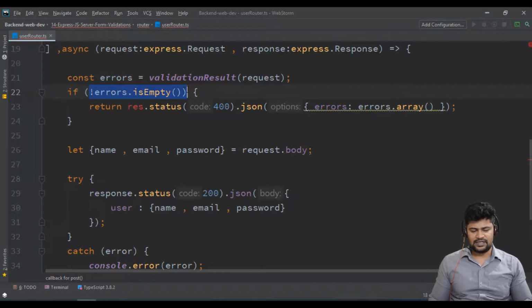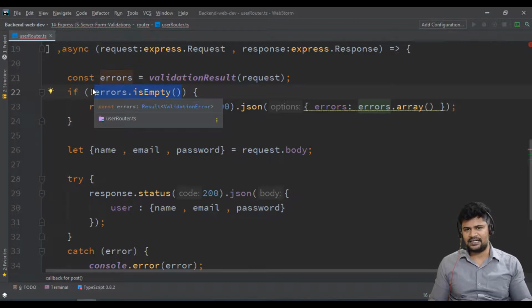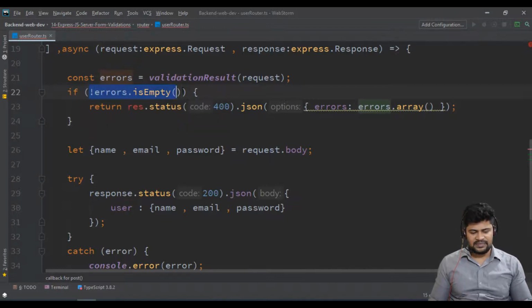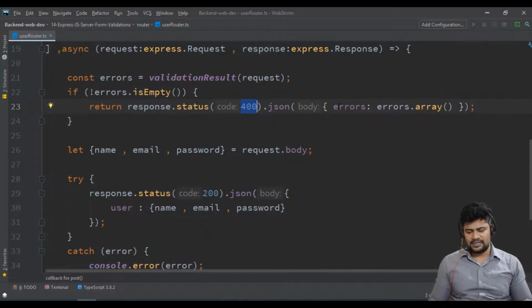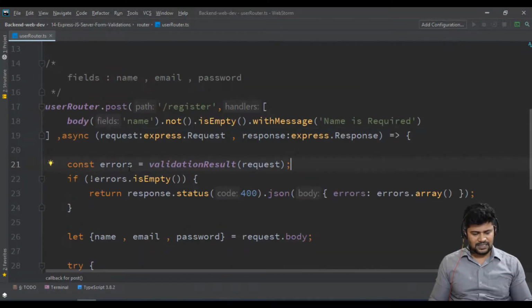If errors is not empty, it means there are some errors in the form. So what you do is respond with status 401, sorry 400, and you can print the errors in this format. Errors will be errors.array, so this will print the complete information about the error.